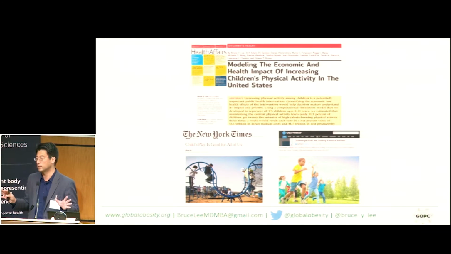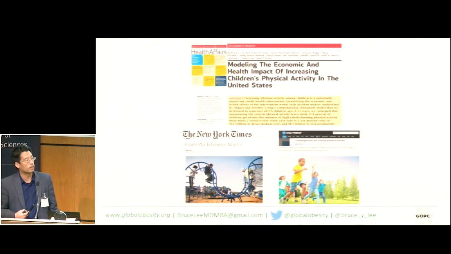You can't test this in a natural experiment. That would take years to do, and also it's an immense amount of data collection, et cetera. But we could do that with the model. We could run the model, a United States model, over a number of years and see what happens to the population. So we found that ultimately this costs billions of dollars. Because if you think about it, there's a huge impact if you're changing the weight class or weight statuses of different kids. So that received a fair amount of attention. And another example